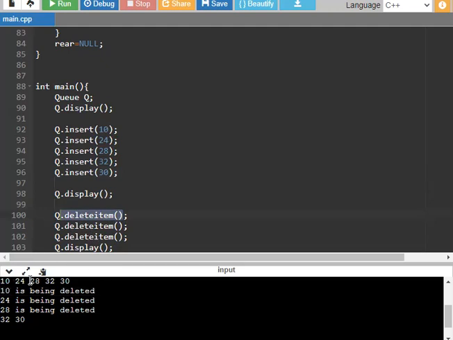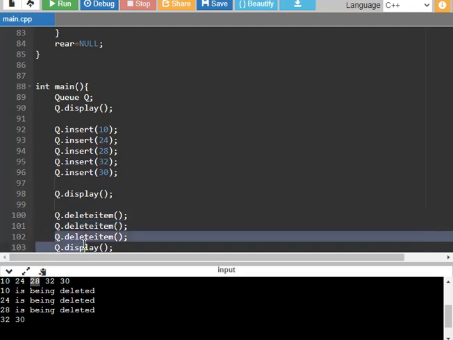Whenever the 10 value is deleted, the front position automatically turns to the next position, that is 24. So the second delete item can be called, and the 24 value is also deleted. Then the position points to the next, that is 28.